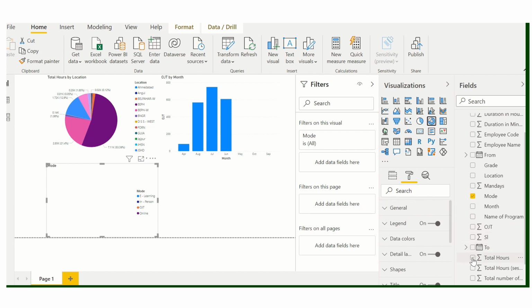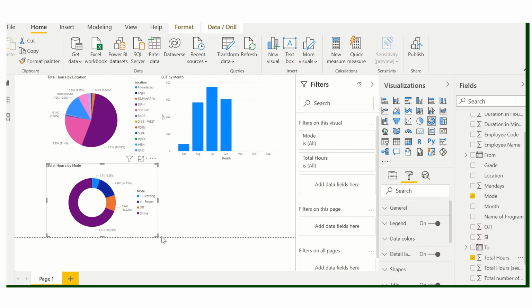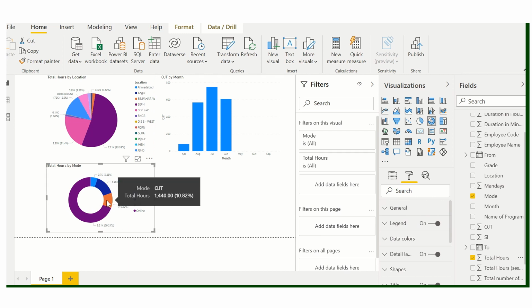See here, the on job training is 1440, which is around 10.8%.